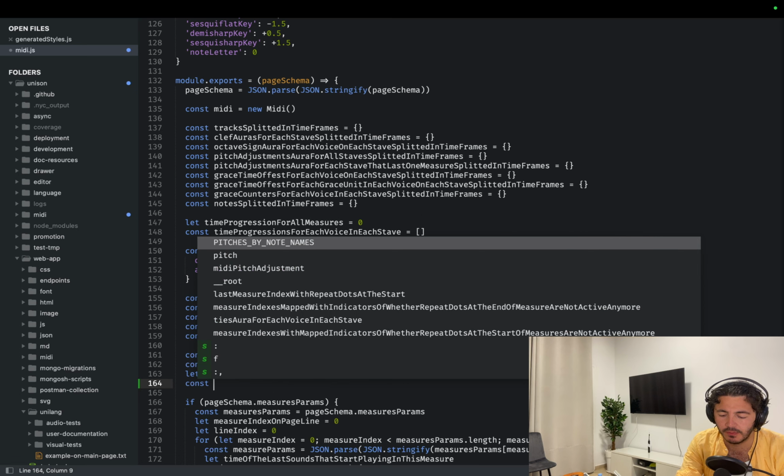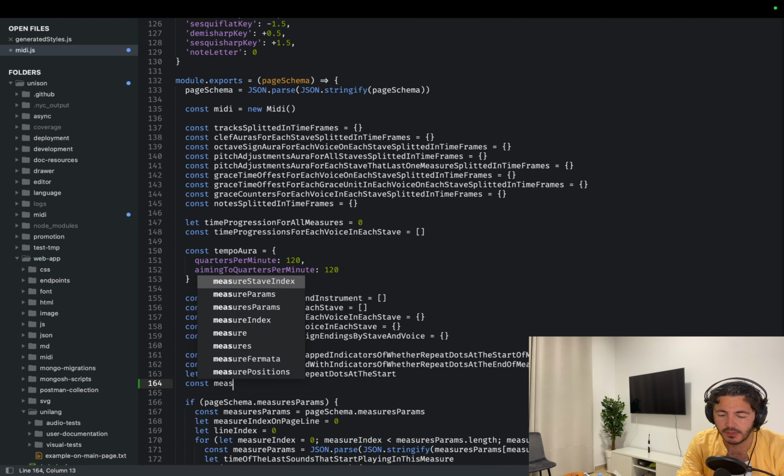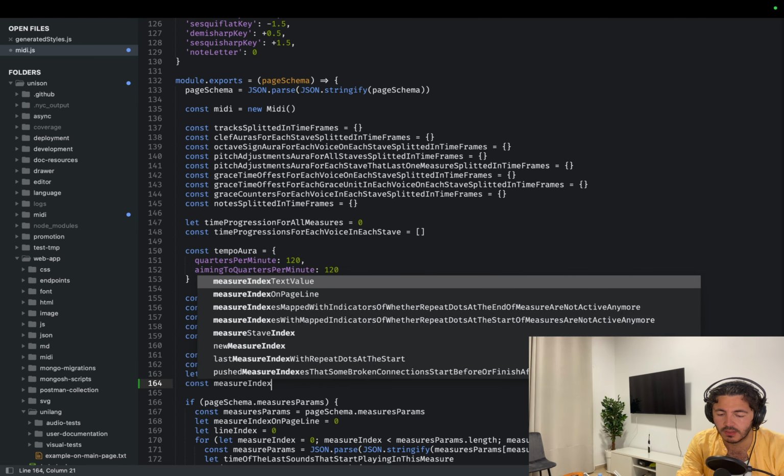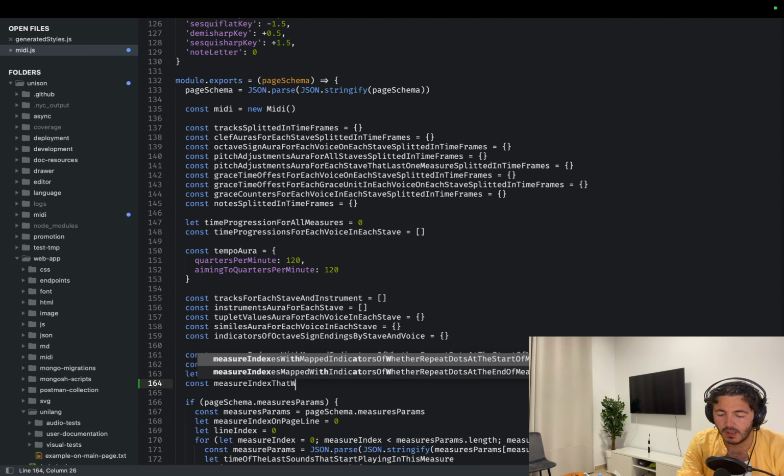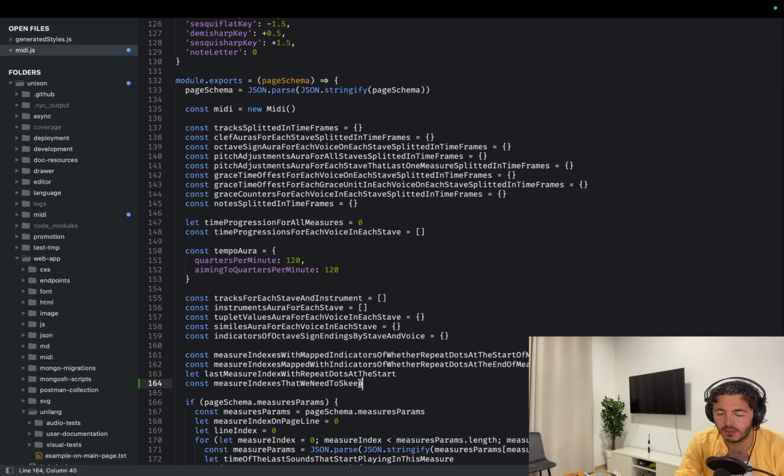So the variable would be called measure indexes that we need to skip. I think skip like this. Yeah. Measure indexes that we need to skip